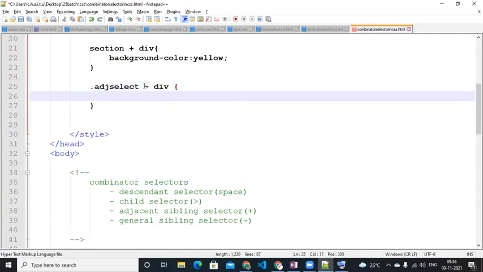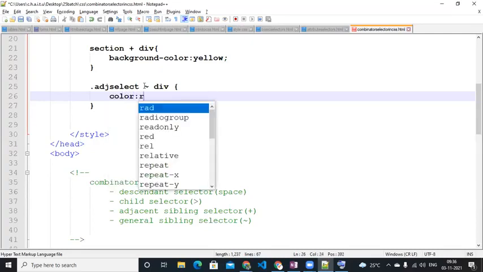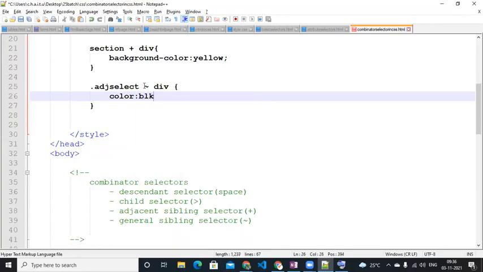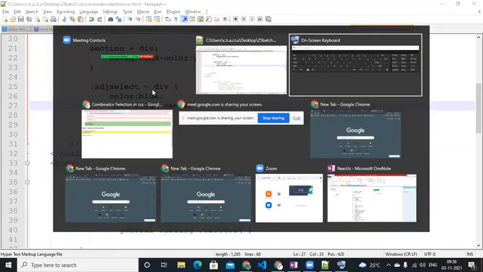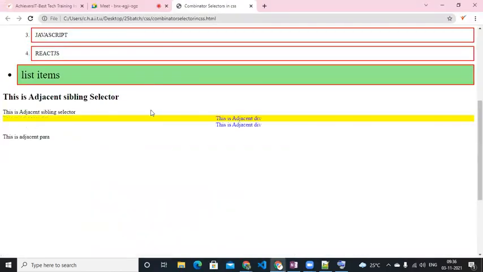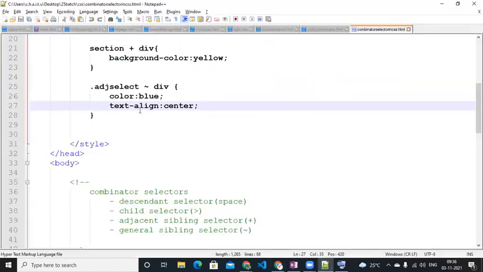Now you can add your properties over here. Color blue. Next I'm going to add text-align center. Now I'm going to save this, and if you have a look at it, see what exactly is happening. We just added the background color, right? I mean, sorry,